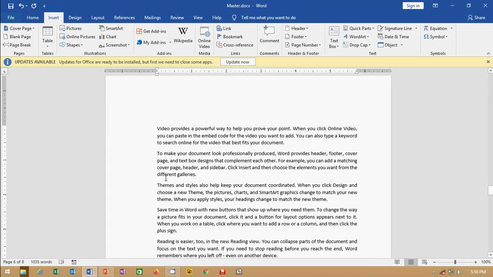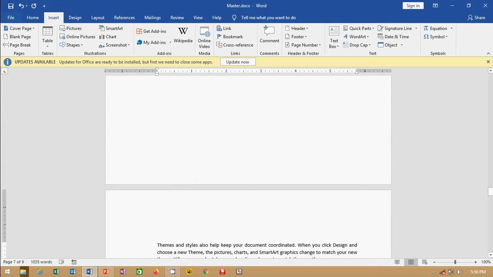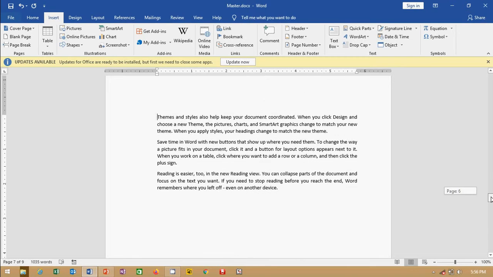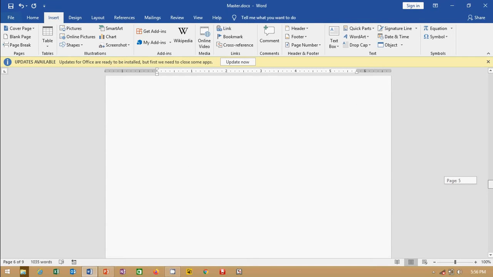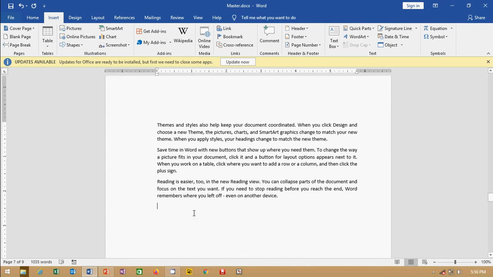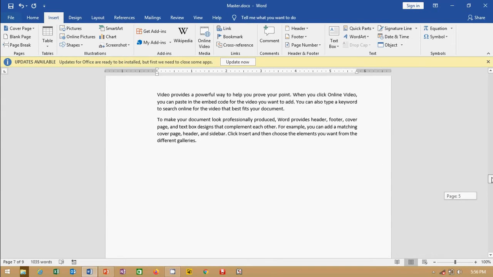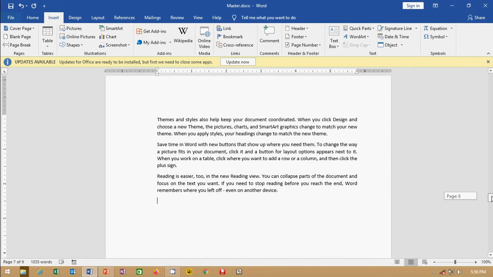Suppose you want to break your content, along with your content you want to break your page from here. So put your cursor here, and you see the page break option is given here. You can click here or press Ctrl Enter. So along with the content it will come to the next page. Page break means from that point of place your page is going to be broken, right? So this is the importance of page break. Suppose we don't want anything to be written on the last page after this one, so that's why I have broken the page.